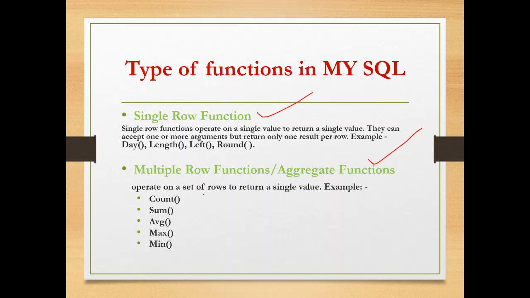Second, we have multi-row functions, aggregate functions. With the help of these functions we can make operations on multiple values. Examples of these kind of functions are count, to count the number of values in a particular column or attribute, sum, to find the sum of values from a particular attribute. In the same way we can find the average, and the maximum and minimum value from any relation.